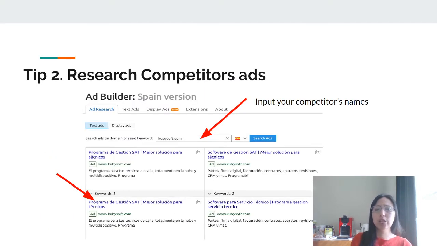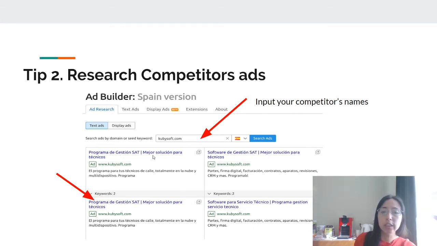Now, it's very important to do research. Competitor analysis, or competitor research, is very important. This is a graph from SEMrush. If you're not using SEMrush, I strongly recommend you do. They have a feature called Ad Builder for pro users and guru users. So if you have a paid account with SEMrush, please make use of the Ad Builder, because it shows you text ads, display ads, extensions. It shows you in depth how your competitors are doing in the landscape.